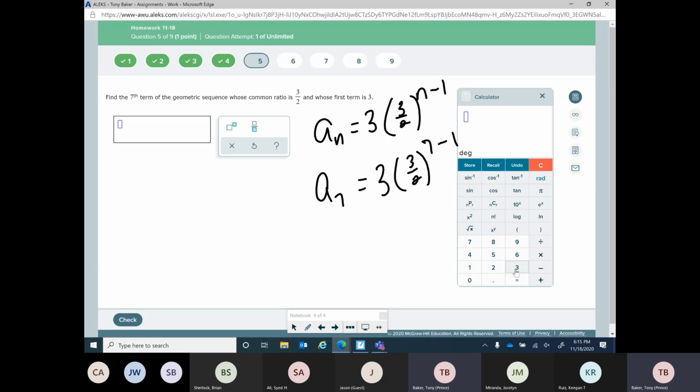So it's 3 times 3 over 2 to the 6th power. Since it's a fraction, you do have to put it in parentheses. Now, notice I get a decimal for this one. They don't want a decimal. They're going to want it as a fraction. So